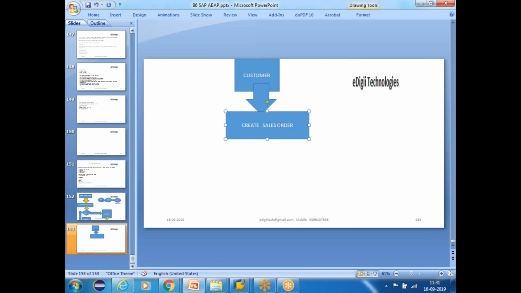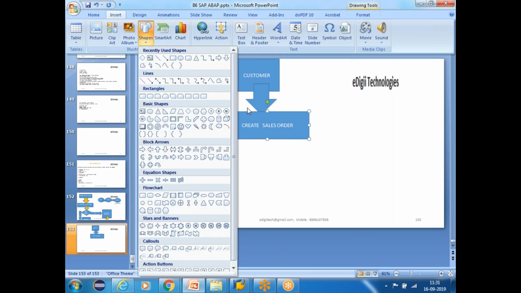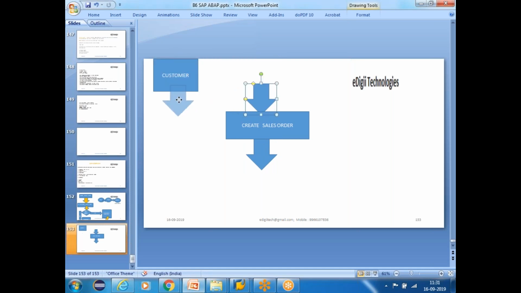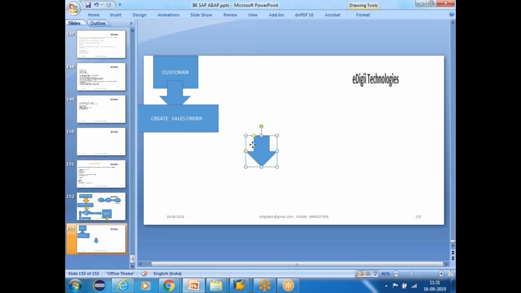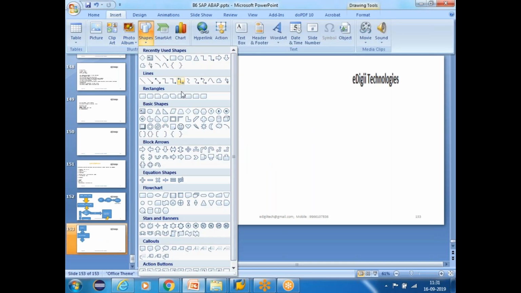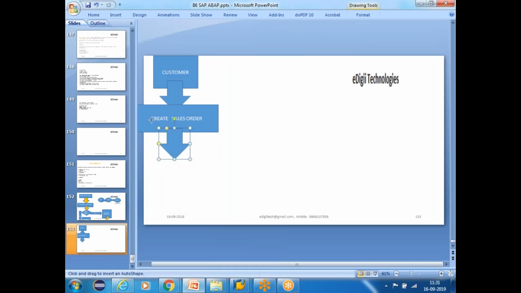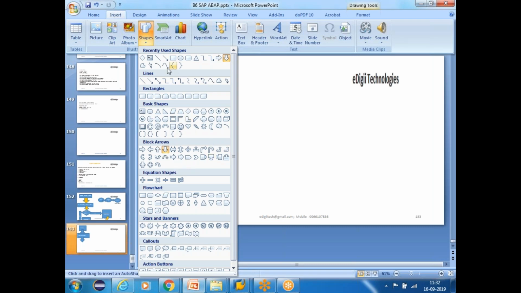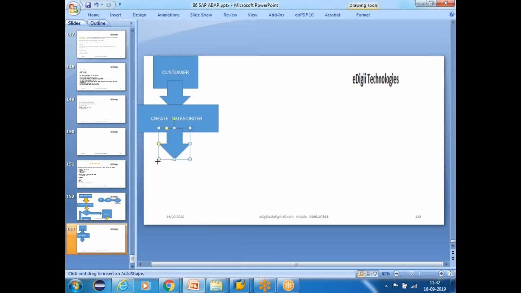And if the order is successful, I will go with the next process. If the order is successful, maybe I will check what kind of customer it is. Is it a one-time customer, or is it my regular customer, priority customer? So that check I am going to perform. After order creation, I will have a check again, and this check is check customer